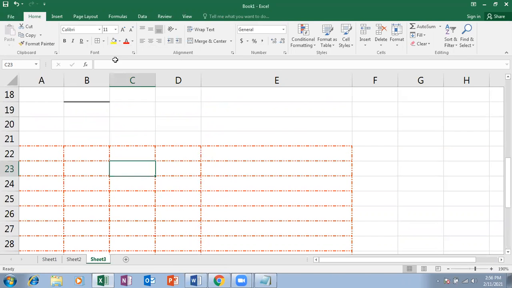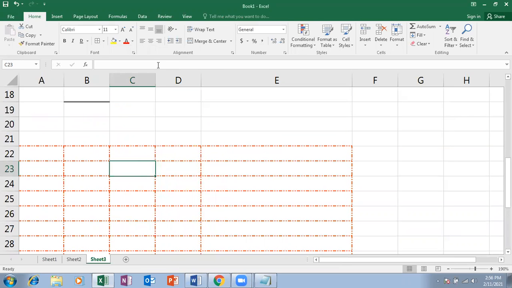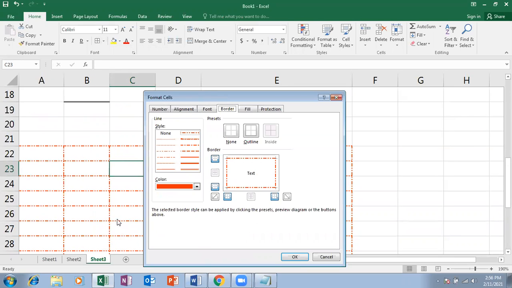And more borders. Can you see? Just click on borders and go for more borders. And in border, you can say, I don't want borders, I want only outline. I don't want on the top, and I want on the top. I don't want on the bottom, and I want on the bottom. And left, enable, disable. And right, enable, disable, like this. And diagonal, from the left side, from the right side, diagonal.